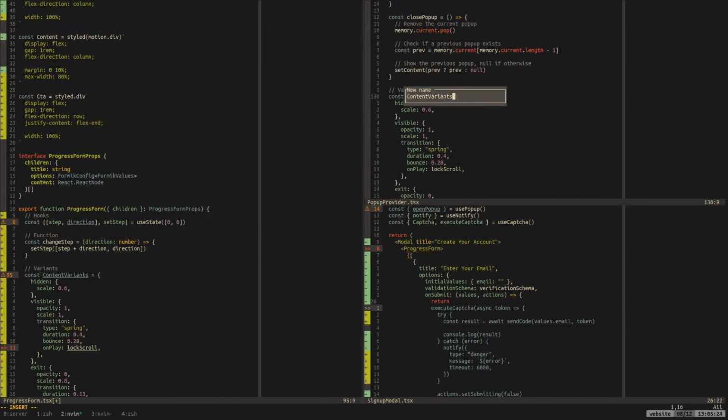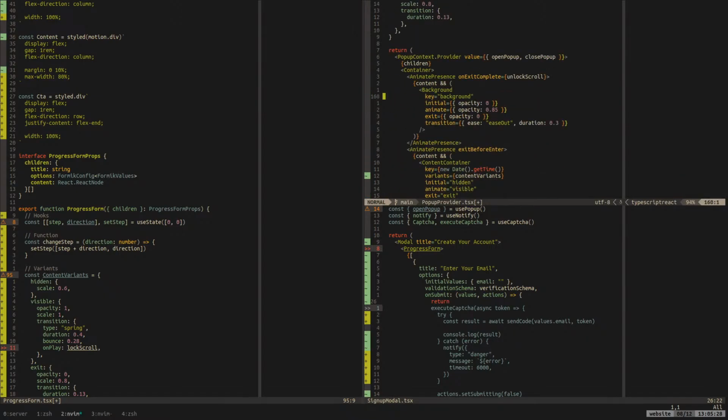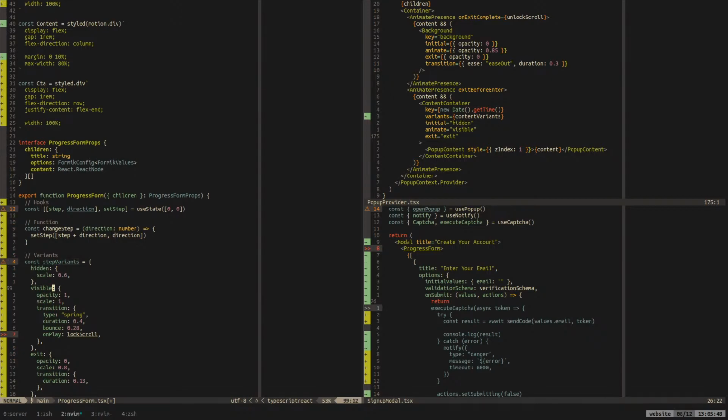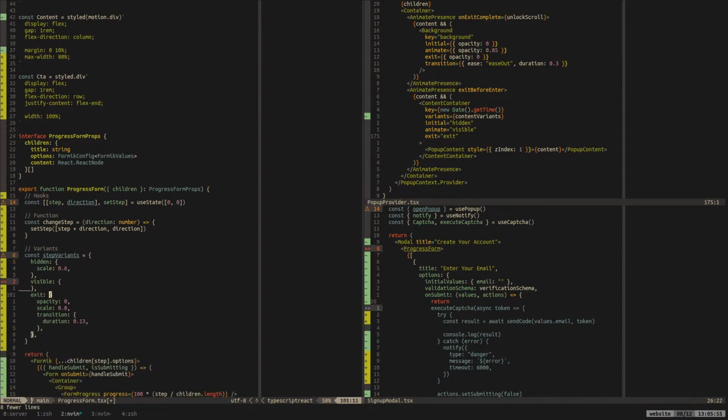You know, I like getting really particular about the way that things are semantically, how they make sense and how they're written. Basically, I'm kind of weird. But let me see. So this is going to be the step variance, I guess. And hidden, and we're just going to transfer over everything. Okay.